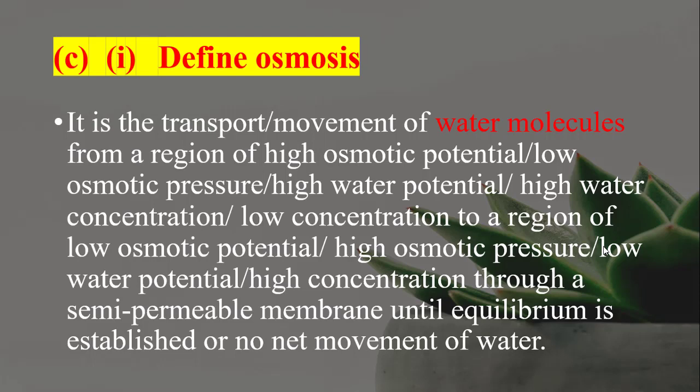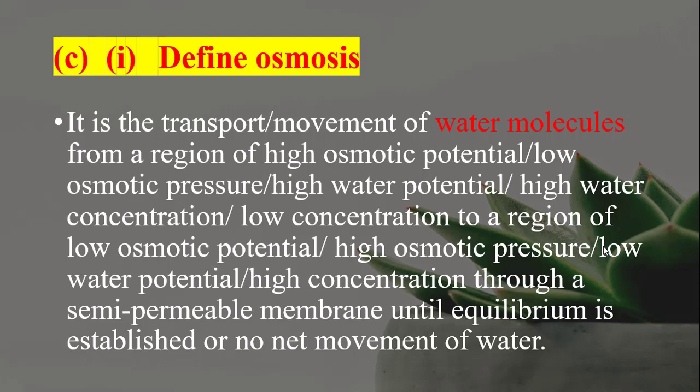That's all we need, across a semi-permeable membrane, until you can establish some equilibrium where there is no net movement of water. It means that equal amounts of water move into both environments, especially if you are using a model to explain it. Okay, so